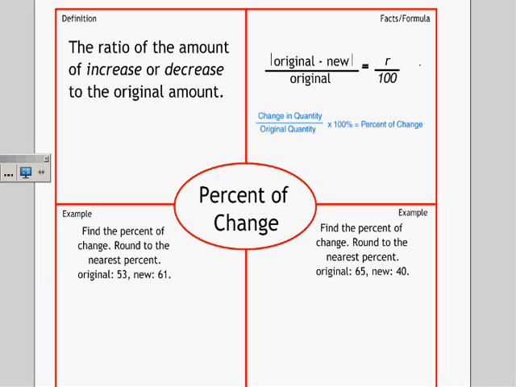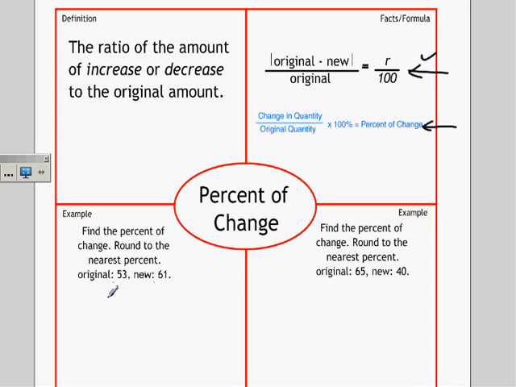This is a proportion that you can use to find out the percent of change. And this is more of an equation, or set up in an equation format, that you can use to find percent of change. Personally, I like this first one best, but you can use either one. The easiest thing to do is to see this in action. So looking at example 1 here,